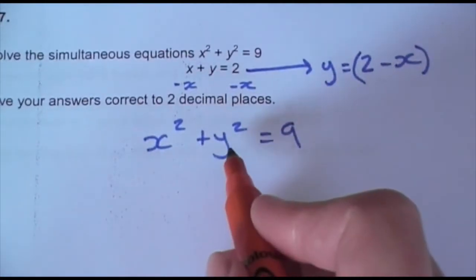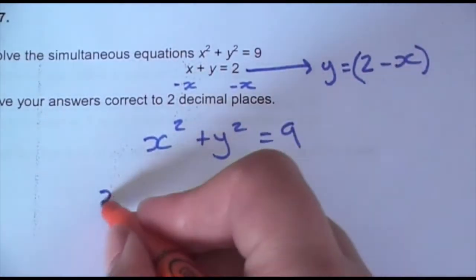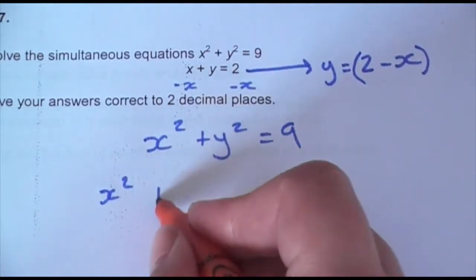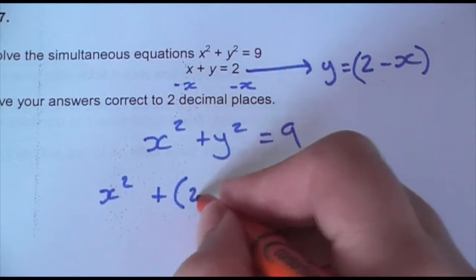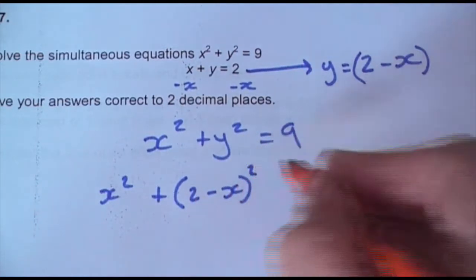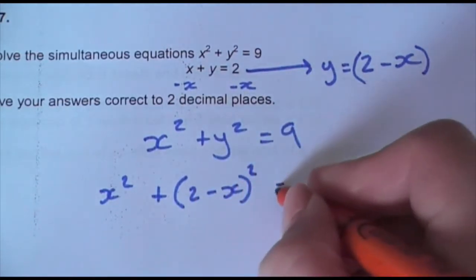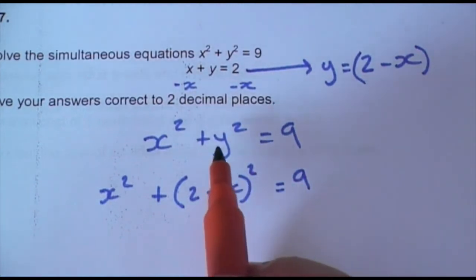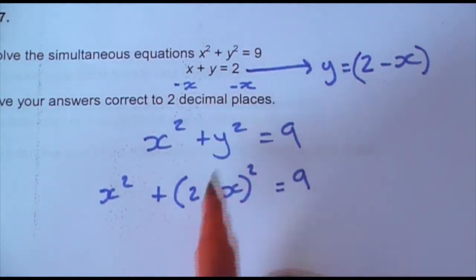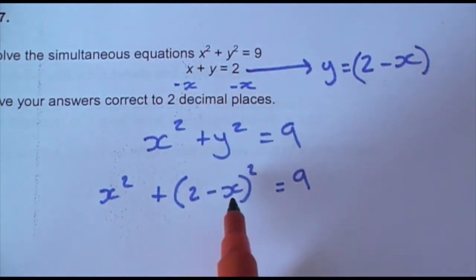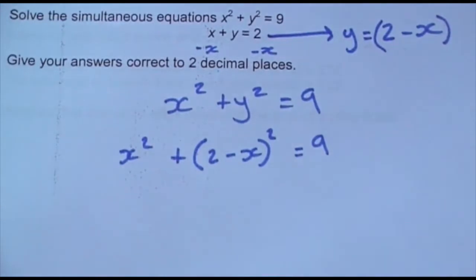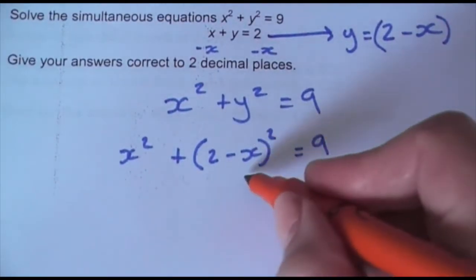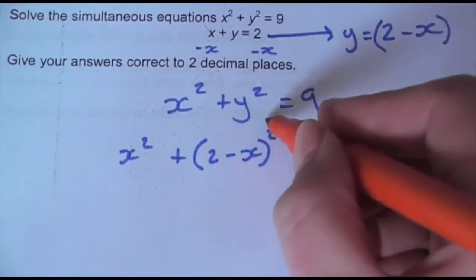Now, I don't want the y squared there. Instead, I want x squared plus my value for y, which is 2 minus x. And that is now squared. And that's equal to 9. So look, I've literally lifted the y away and dumped 2 minus x in instead, because that's what I rearranged y as being equal to. Now this is done, hopefully I can spot the first thing that needs my attention